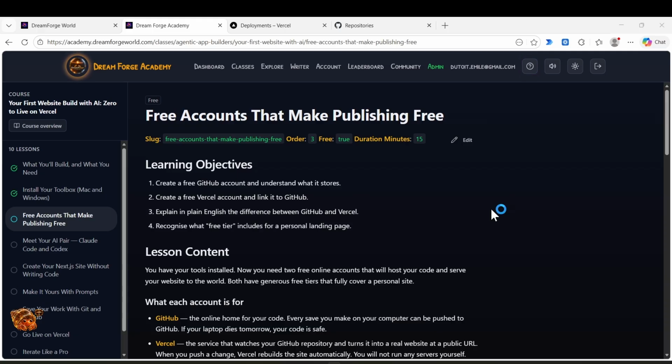And then we link GitHub with Vercel so that we can deploy it so that the public can see your page. You're also going to learn to recognize what the free tier includes for a personal landing page.